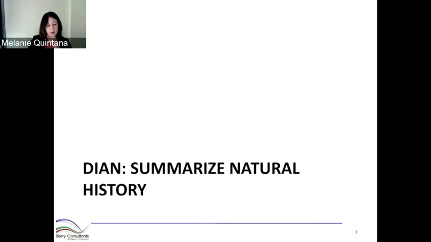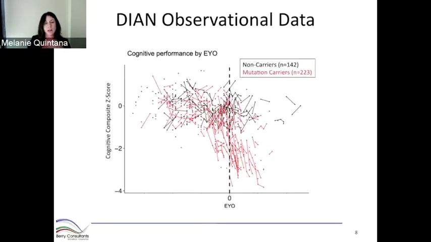Understand truly how the endpoints that you're going to use in your clinical trial act over time, what's their variability, what's their average rate of progression if it's a progressive disease. So in the DIAN network, we were blessed, as I mentioned, with this nice natural history data set. Here, what I've plotted is the cognitive composite score. This is a measure of cognitive progression. It's essentially a few cognitive tests,